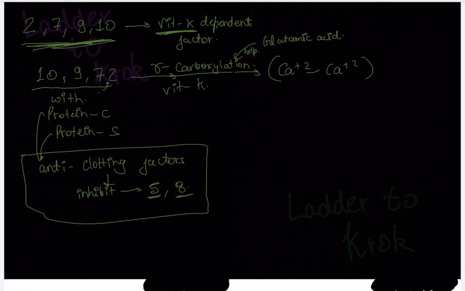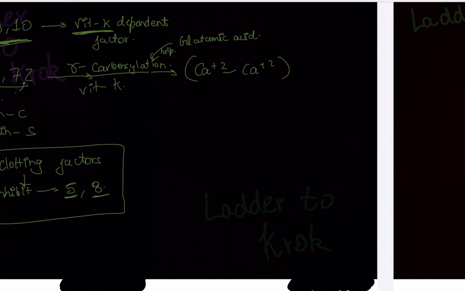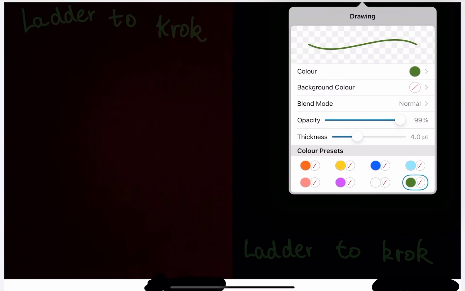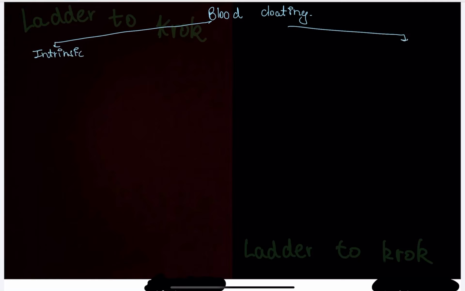Okay, this is clear. Now let's discuss blood clotting. The pathways, as I already told you, we are going to skip for now. Blood clotting. Now you can write this part. There are two pathways for blood clotting: intrinsic and extrinsic. I hope you got this. Don't draw an exact line, a blunt line, in this. Just form a square-like thing like this.